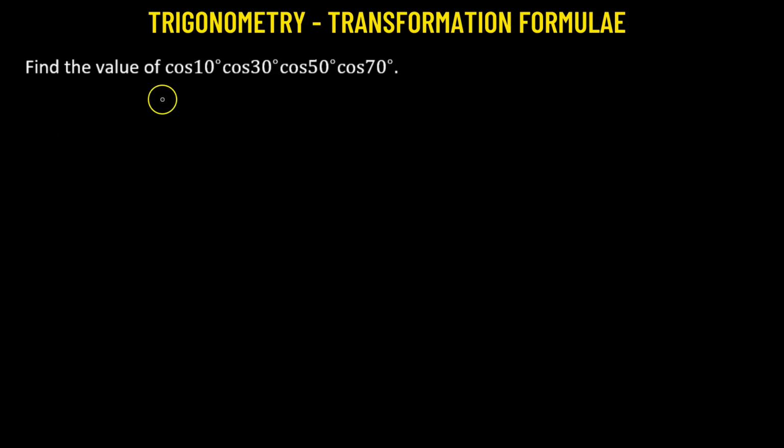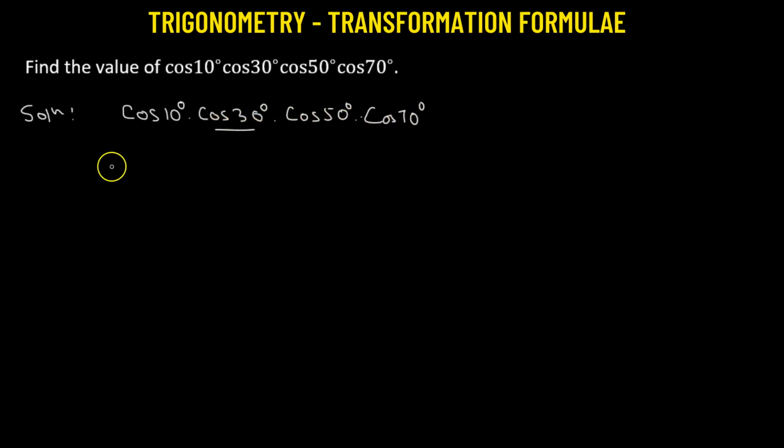So here we need to find out the value of the following trigonometric expression. Let us begin. So here we have cosine of 10 degrees times cosine of 30 degrees times cosine of 50 times cosine of 70 degrees. We know the value of cosine of 30 degrees, so that's a standard trig value of square root of 3